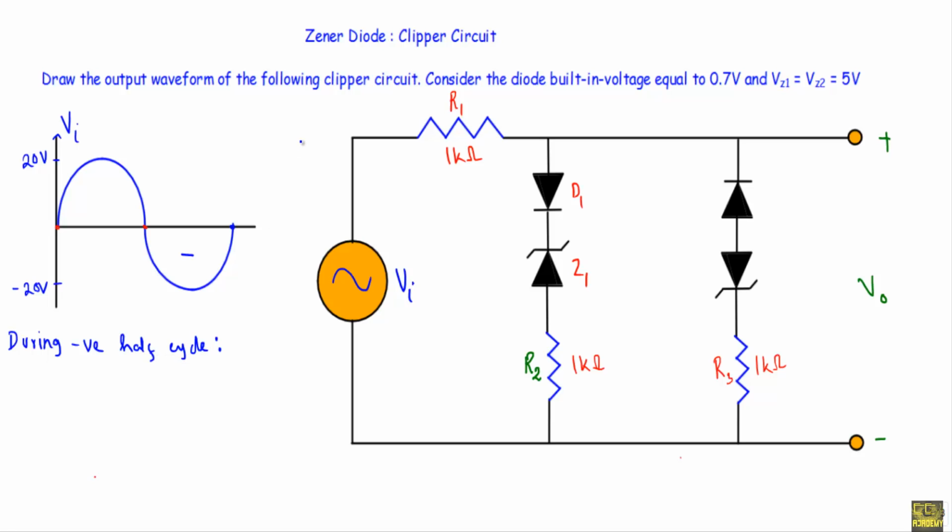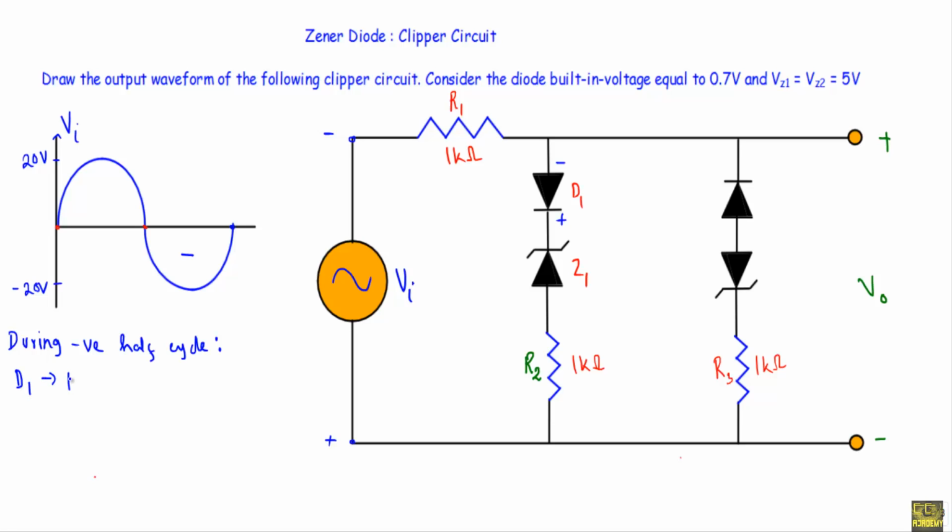During the negative half cycle, this terminal will be negative and this terminal will be positive. The negative terminal of the applied voltage will be connected with the P side of the diode D1, and the positive terminal will be connected with the N side of the diode D1. That means the diode D1